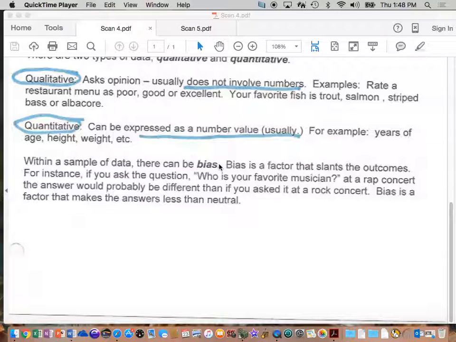But here's an example where I don't have bias. What if I go to a supermarket any day of the week, like not next to the Super Bowl? If you're next to the Super Bowl, they're all shopping for the Super Bowl. But what if I just go to a supermarket on random days of the week for a month? I go 10 different days of the week for a month. And I ask people at a supermarket, would there be bias built in?